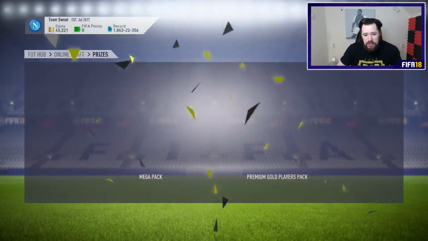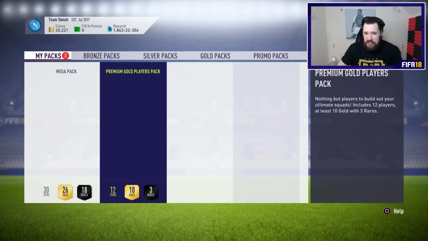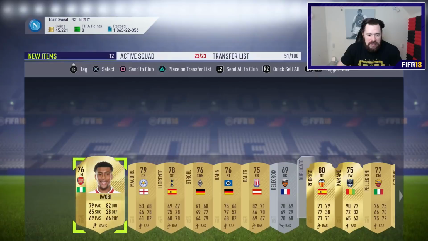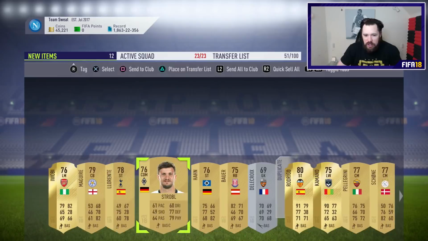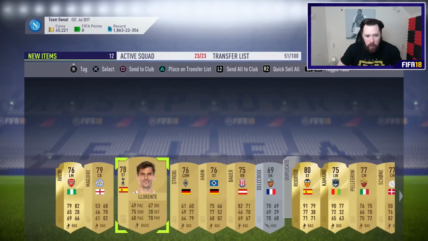And as our rewards, a premium gold players pack and a mega pack. Not the best, but not the worst. There are, of course, 2 team of the seasons in packs right now, Serie A and League One. Can we get lucky? No, oh my God. Oh, it's very, very hard to stomach going through all that, building a draft, taking our time to smash everyone in our wake, and we get an 80 rated, 179, 178,